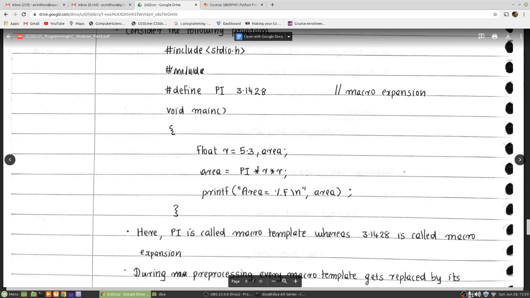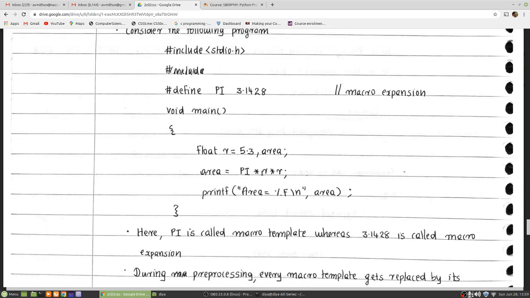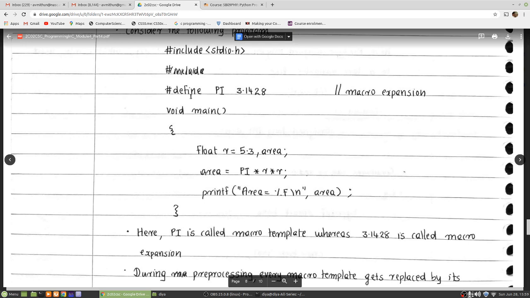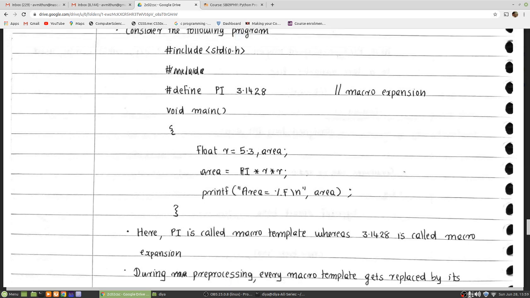Imagine now you have to put 3.1428 into r here. That will also work. But for readability, you know that 3.1428 is not just a random number. It is a special number known as pi. When you define it like hash define PI 3.1428, anyone who reads this line, area equal to PI into r into r, will understand that this PI is a well-known constant.